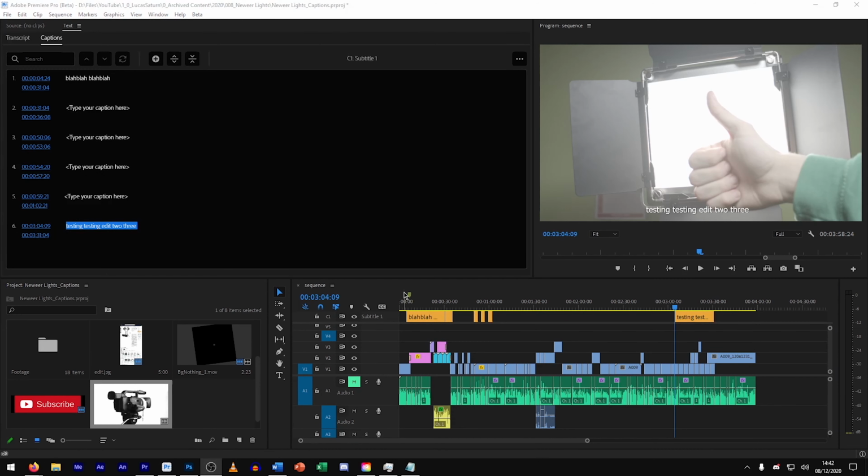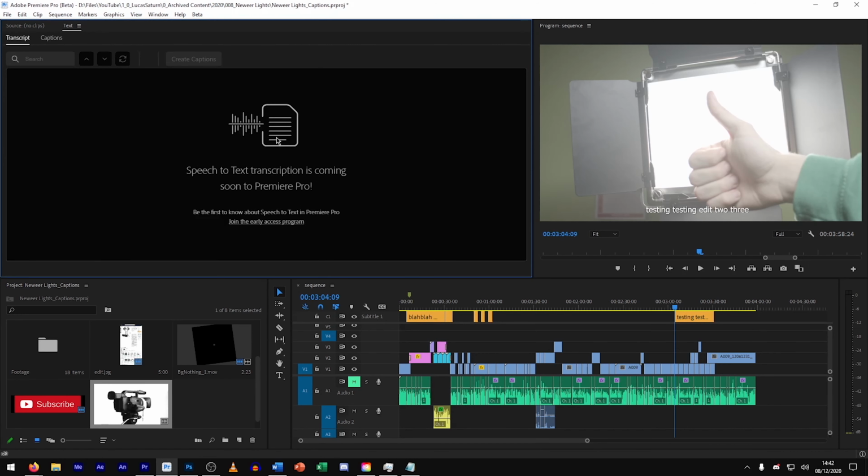So that's the first thing. That's the first improvement from Premiere Pro CC 2020. The caption workflow, which is okay. It's better. It's not perfect yet. It's still got a fair bit to go. They also implemented Your Transcript for speech to text. It's not there yet. I haven't applied to it. I'll wait for later, but that's an option that's coming.